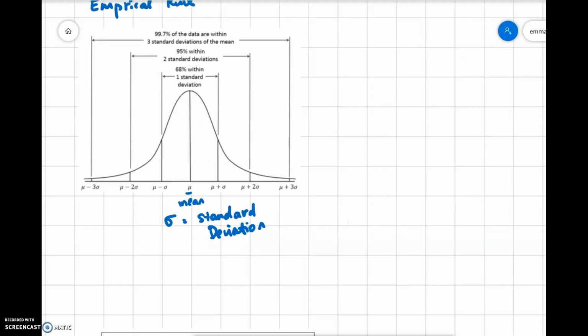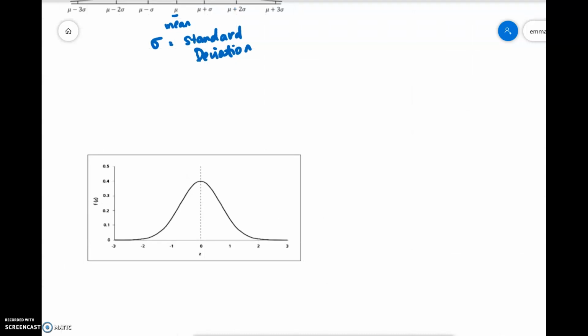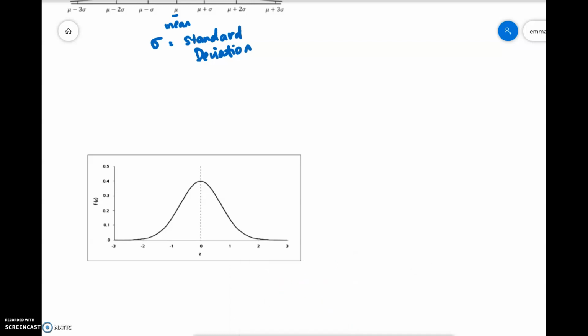So what does that mean? I find another picture with the z-score as the axis label in the x direction, and then the densities as the y direction label. So what that means is in the center, where the z-score equals 0, that is our mean. If we have a sample, we're using x bar. If we have a population, we're using mu. And then